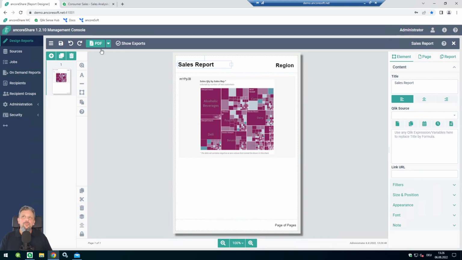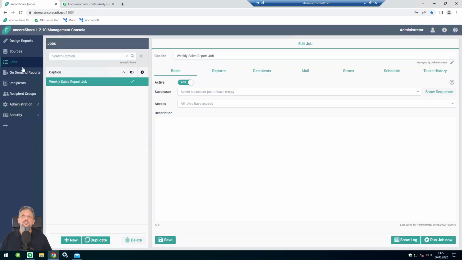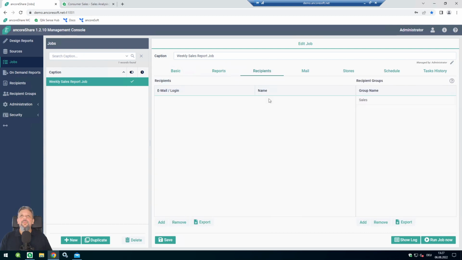And now we can start to create an export. If we print this here right now, it would not work because this is not a job, so we do not have a job recipient filter here. That's why I would only export the report without the filter. But when we're going to use it inside a job, we can reuse the weekly sales report we have here, because that is already using this sales report, exporting as a PNG, using the sales recipients,